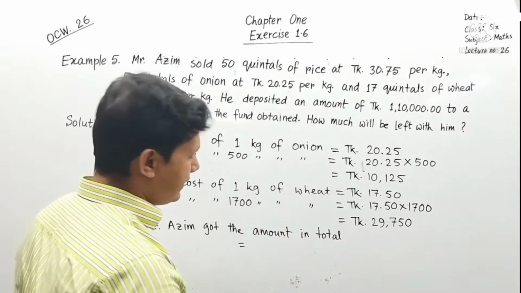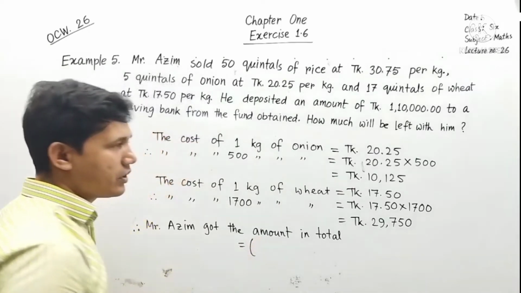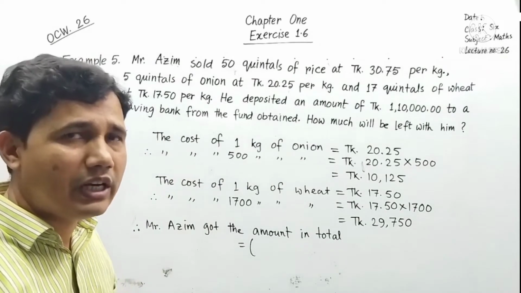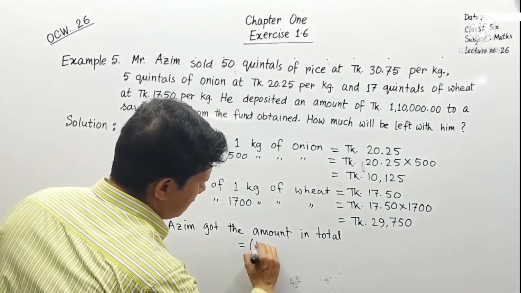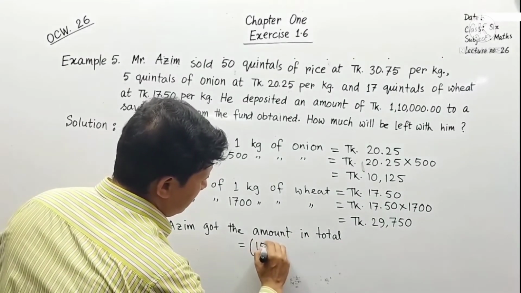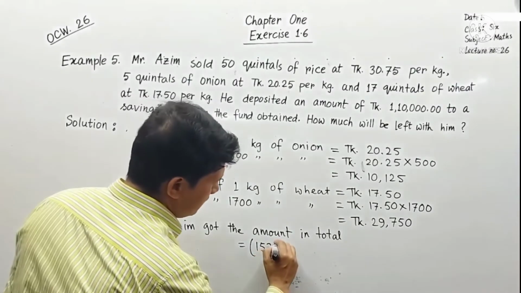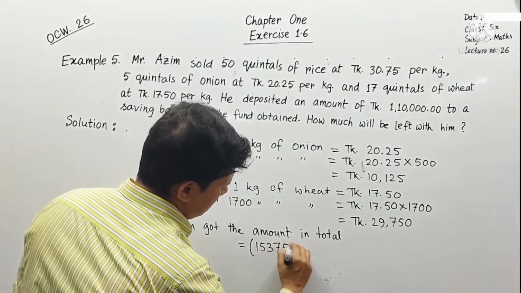At first it was how much for rice? 1,53,750. Yes,